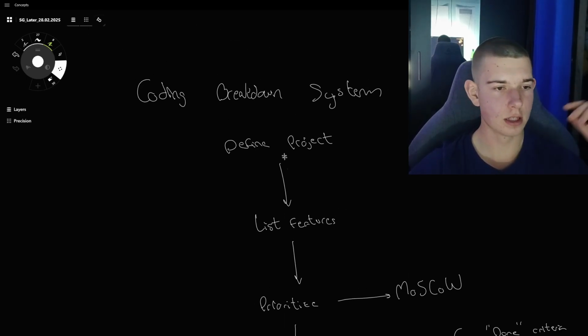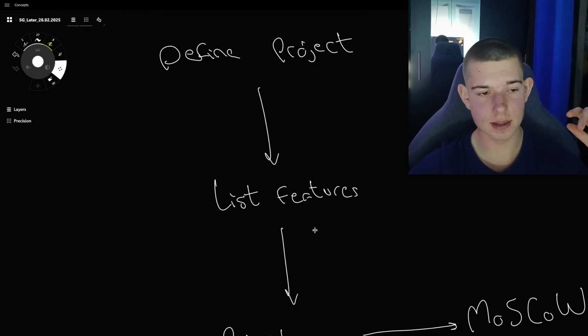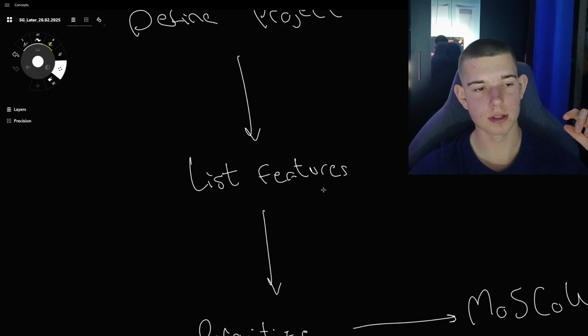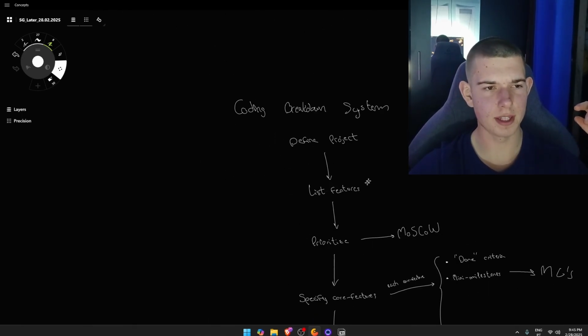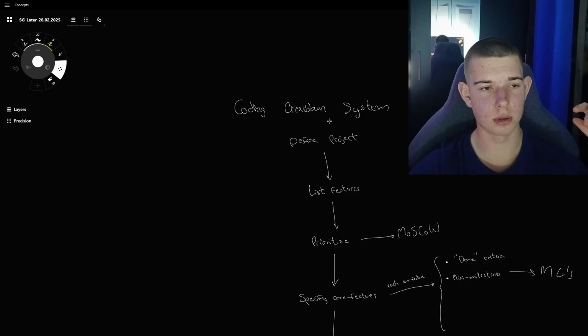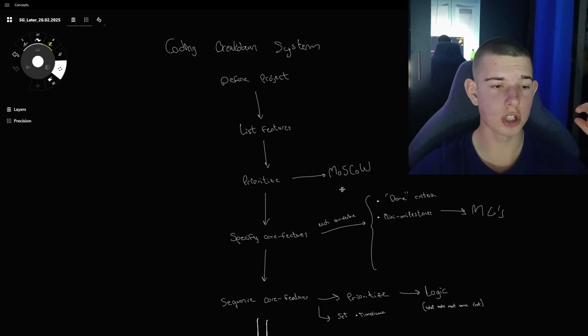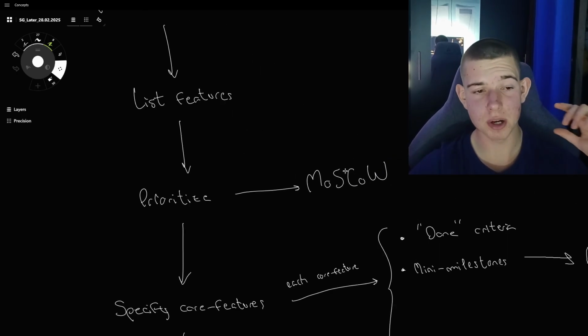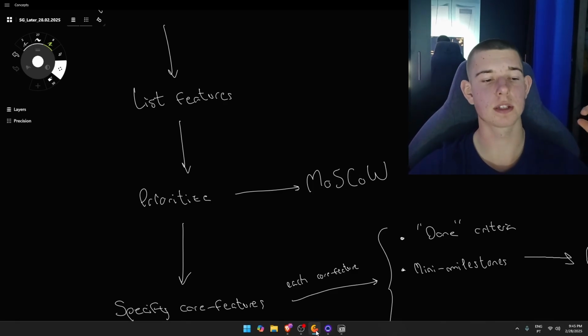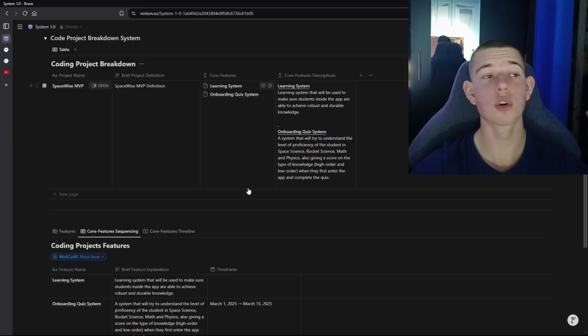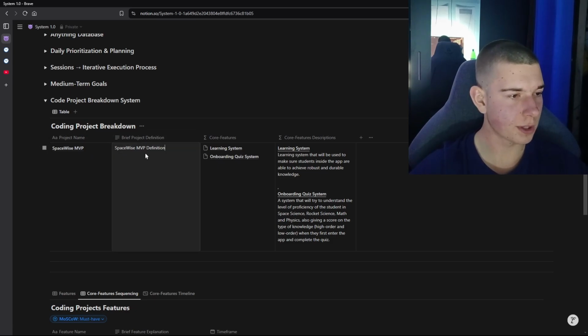Yeah. So I'm gonna define the project. Then I'm gonna list the main features of the coding project. Then I'm gonna prioritize it using the MoSCoW method, we could say, which is must-haves, should-haves, could-haves, or won't-haves. And if we go over here, we define the project,